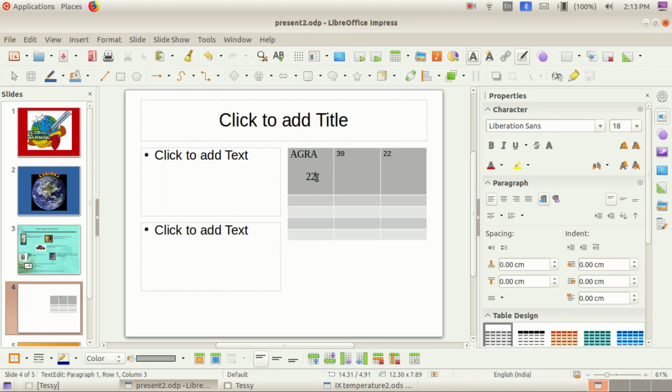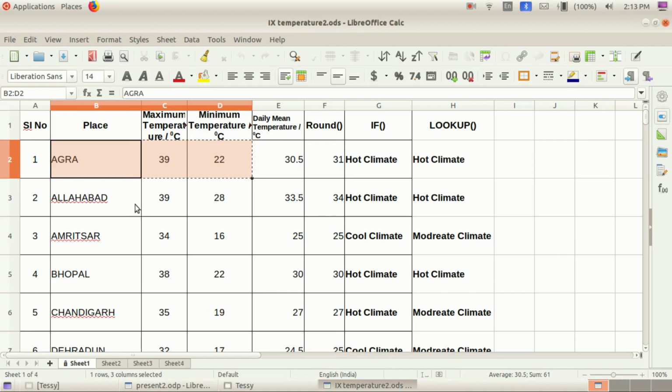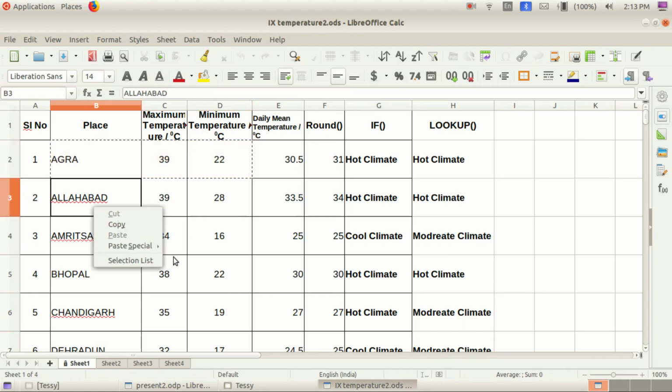Okay, it's 22. We don't have that. Okay, next, what is the cell name? And Allahabad 39, 28. Allahabad 39, 28.